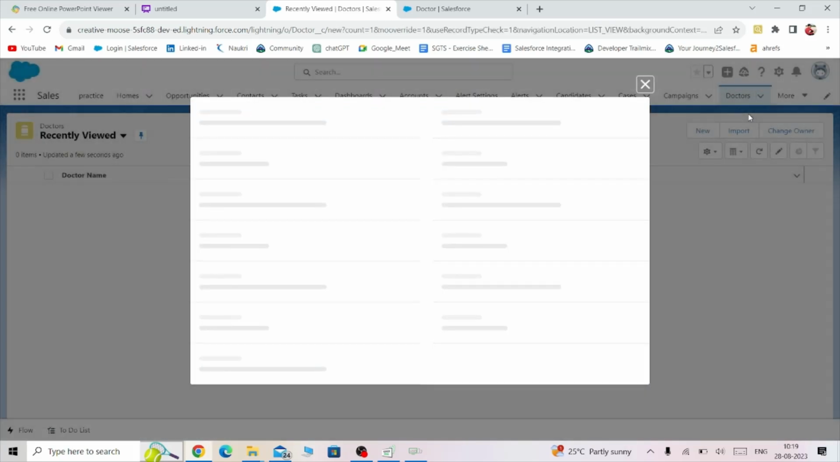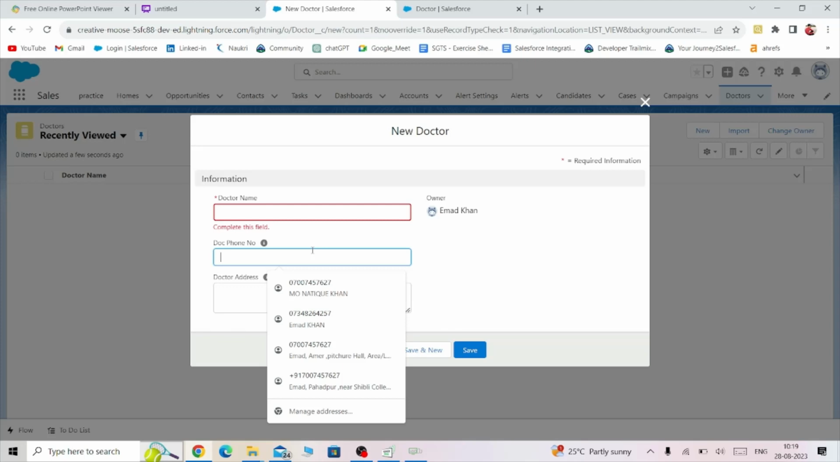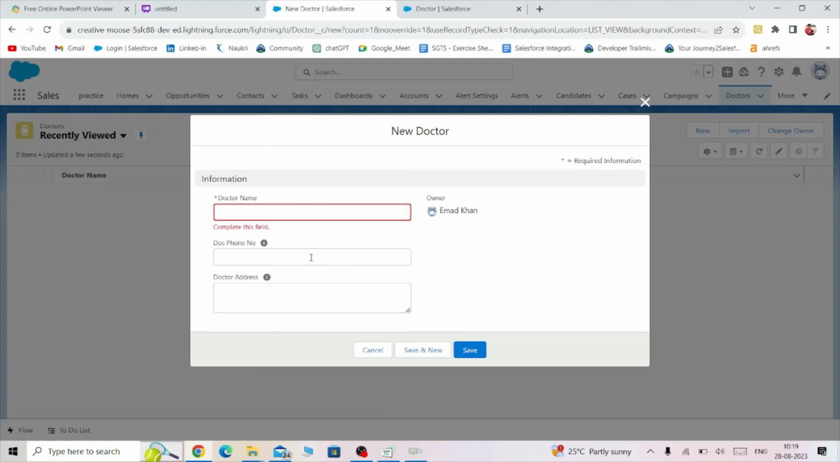Click on new doctor. Find the fields that you have created, that is doctor phone number and doctor address. And you can find your help text, that is, the field doctor number, right? Address of doctor. That is the use of help text. Now moving forward,